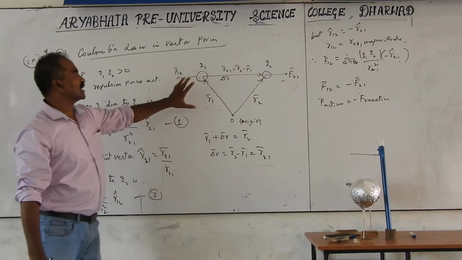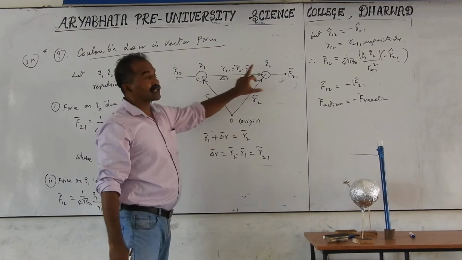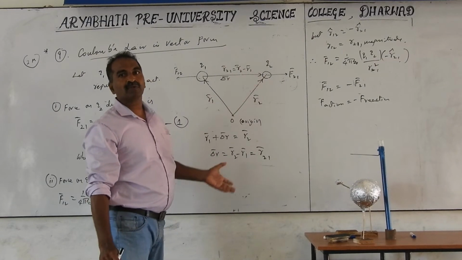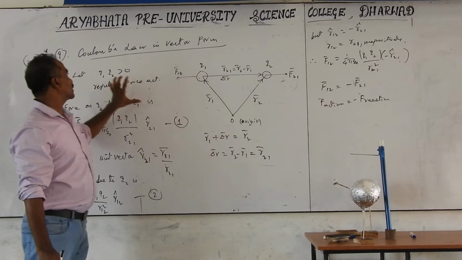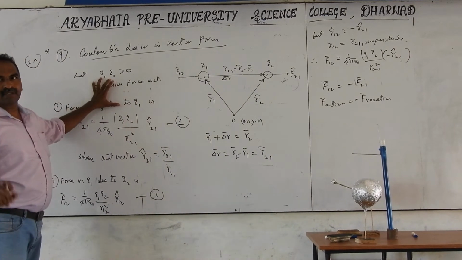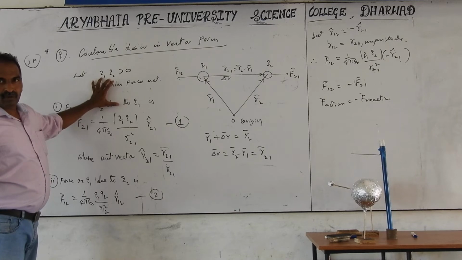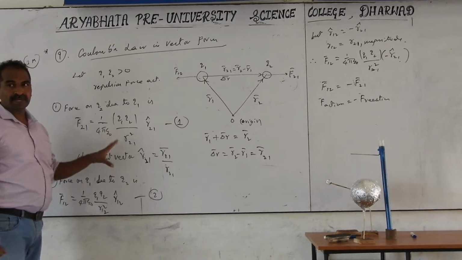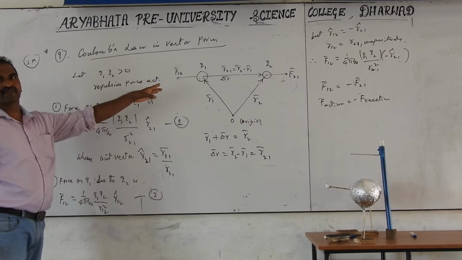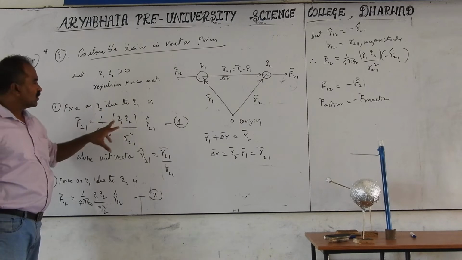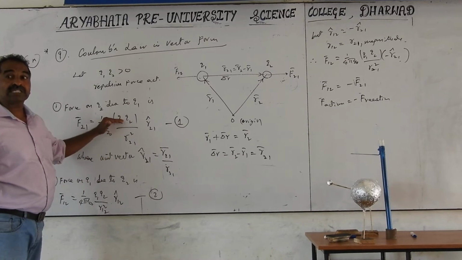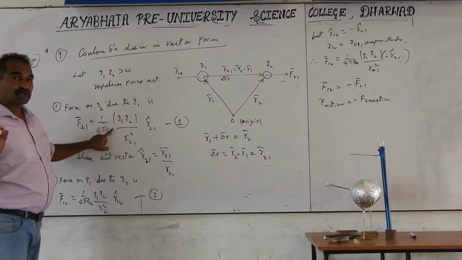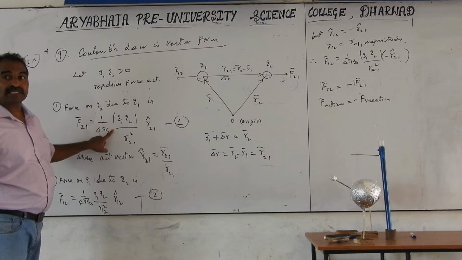If the force on Q1 is 5 newtons, the force on Q2 is also 5 newtons but in the opposite direction. Both charges have equal force acting but in opposite directions. This case was taken only for repulsion. They will ask you to write the Coulomb force formula in vector form. You can write only the formula, but you have to represent what the symbols mean. The diagram can also be used to represent it, and they may ask for diagrams showing the expression for the forces between the charges, for repulsion and attraction.